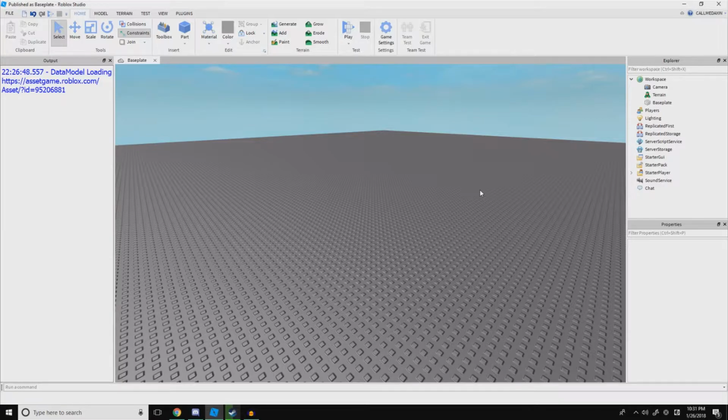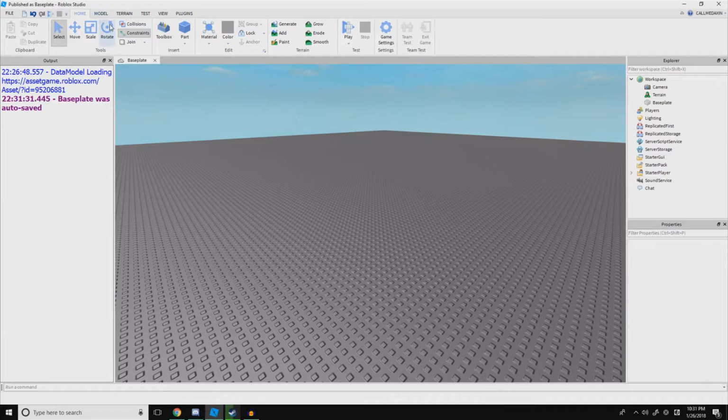Today is a bit different because this is a tutorial, and in this video I will be teaching you basic scripting on Roblox. So we'll start at the very basics. As you can see, we're here in the Roblox Studio. If you don't know what the Roblox Studio is, it's really simple. It may not seem simple, but when you get used to it, it gets quite easier and simpler for you